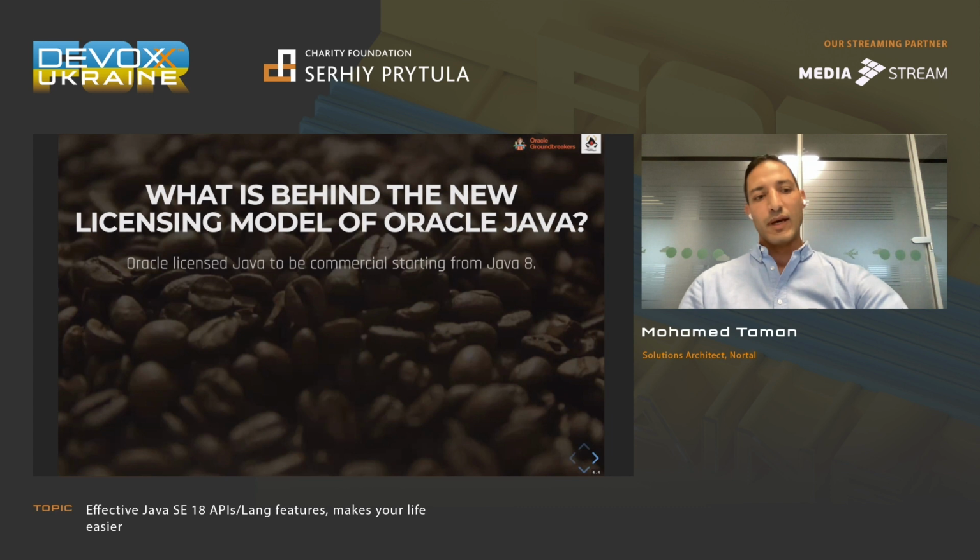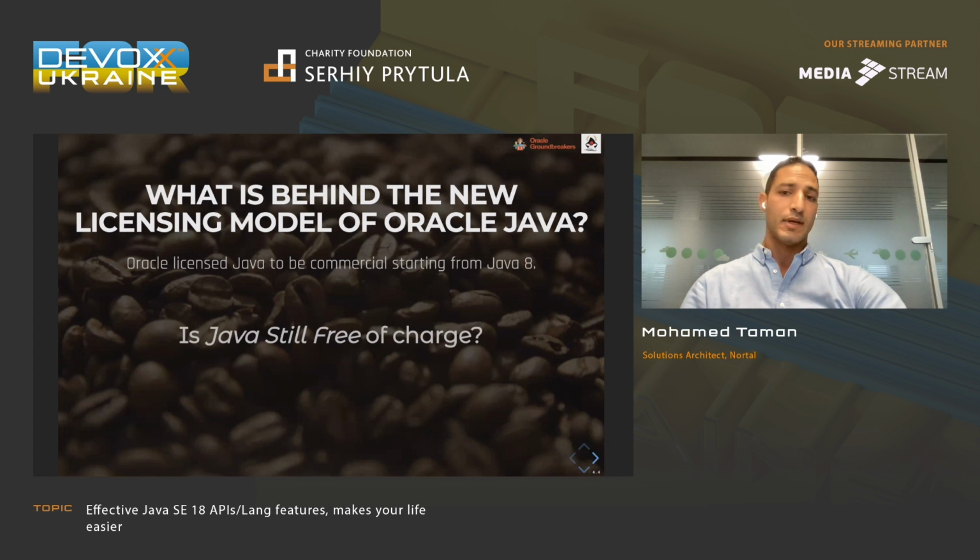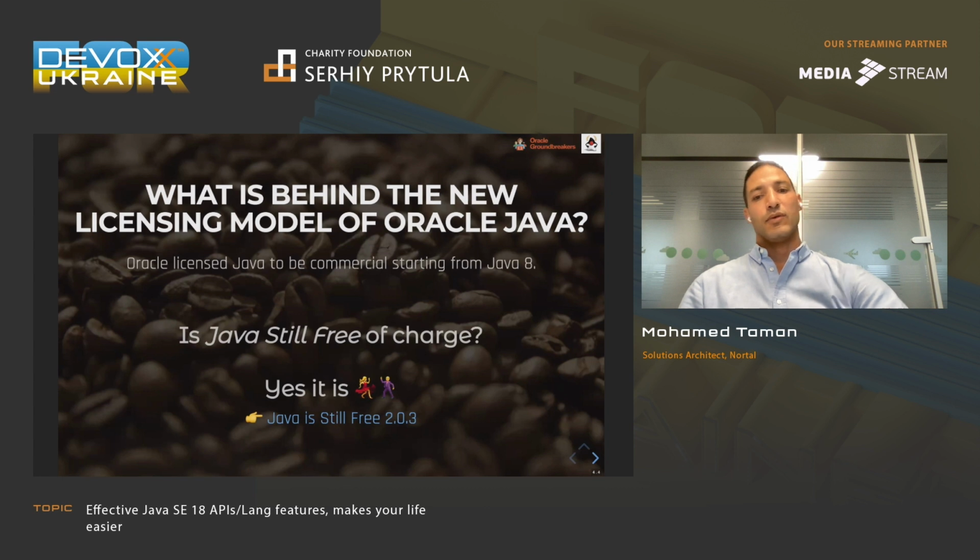You know that for a long time, Oracle decided to license Java starting from Java 8, but there are a bunch of vendors that still provide it, and even Oracle nowadays gives you the opportunity to use Java and the OpenJDK. Or if you prefer, you can have different vendors, like Amazon Corretto, or Microsoft, who have their own JDK for free and supported. If you need support, you can contact Oracle or Zulu. There are a bunch of vendors that provide implementation and development for the JDK mainline. You can read in this article, Java Is Still Free, how it's still free, and which vendors you can make use of.